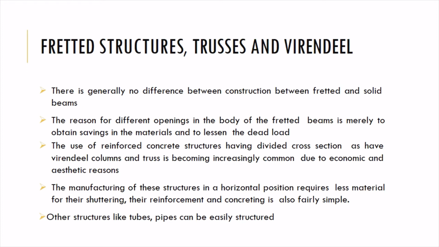In that bridge you can see that the top horizontal section will be provided. It will carry the compressive load, and the bottom is also a horizontal member, which carries the tensile load. In between the both, a web member will be given in a vertical position. This type of truss is said to be Vierendeel. In this you are going to eliminate all the diagonal members, and instead of that you are going to give the vertical web. This is the difference between the normal truss and the Vierendeel truss.